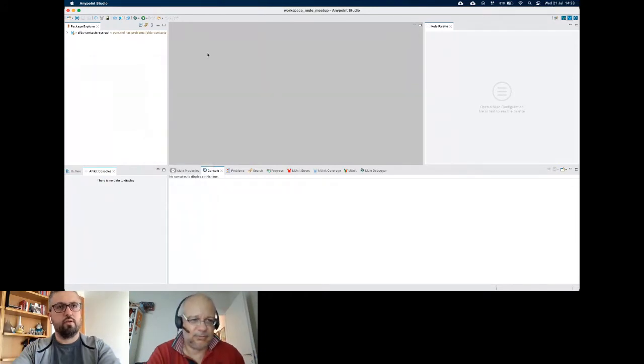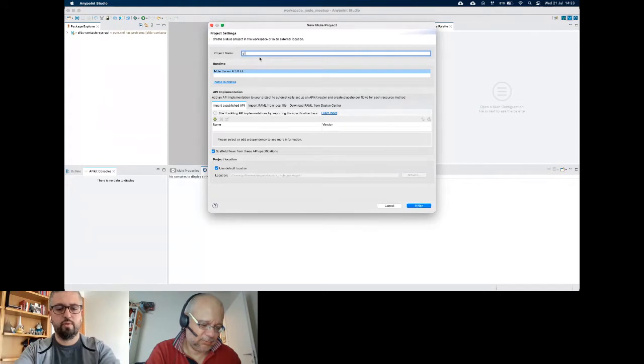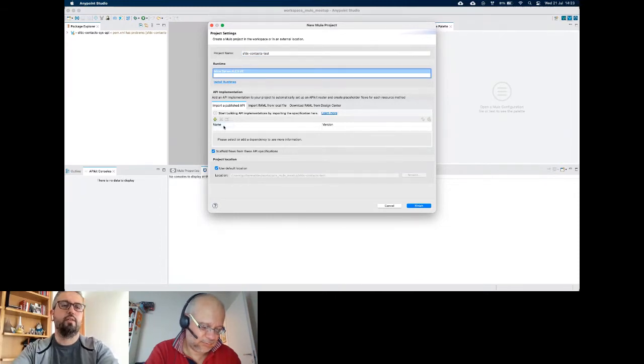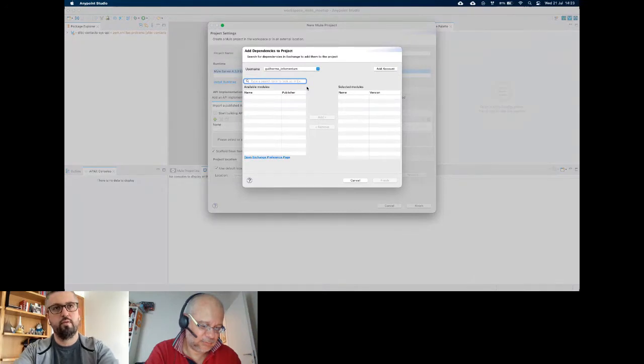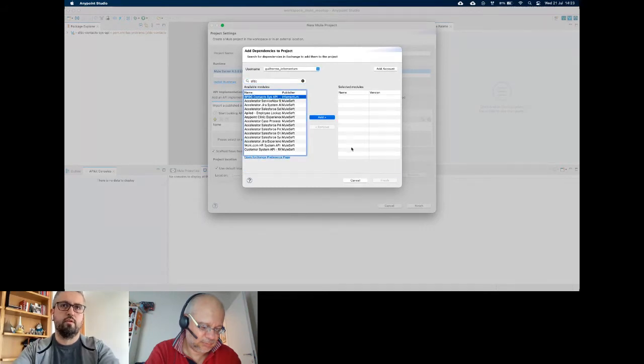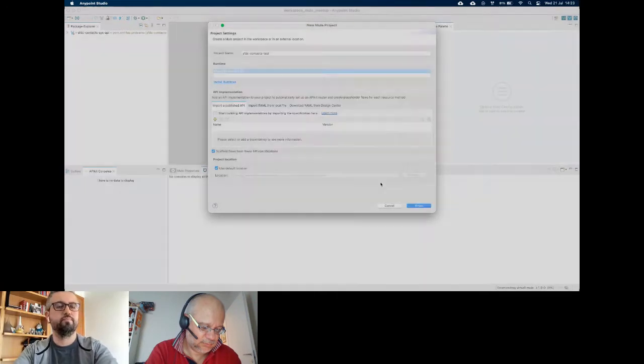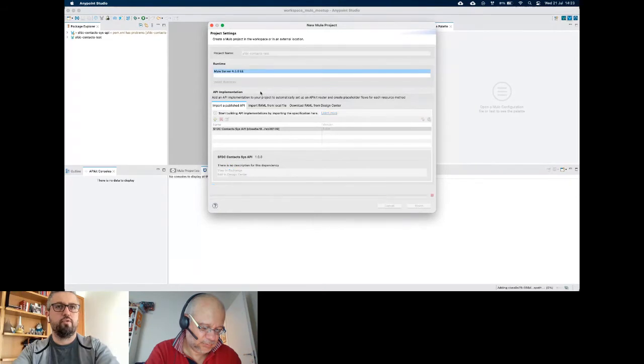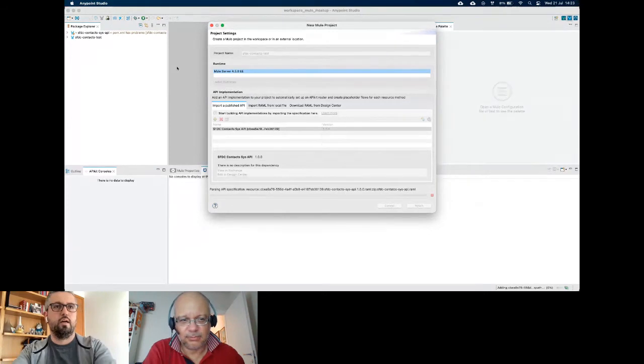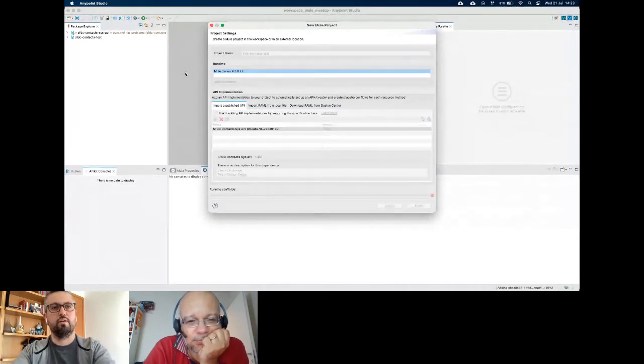So in this scenario, I can put a name to my API, and I will import the specification from the platform. Also import the specification and create my project. Studio automatically will generate a skeleton from my API. So it will provide me through the API kit. API kit is a module in Studio that creates a skeleton of this API,